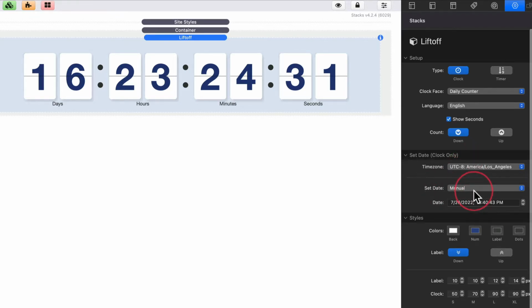By default, we set manually. So we set the exact date and time that we want to track our liftoff countdown or count up to or from. Okay. Now, what are other options? Obviously, if we have Total CMS, you can use Total CMS, and this needs the CMS ID